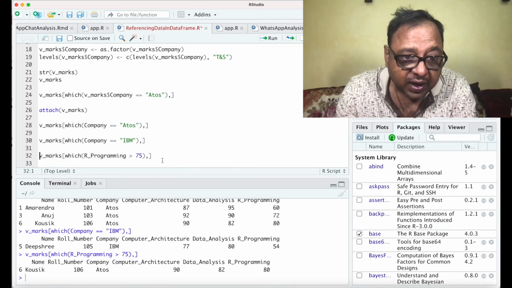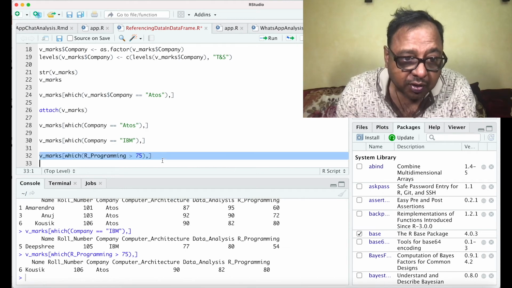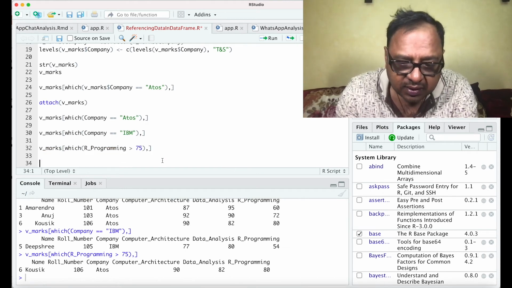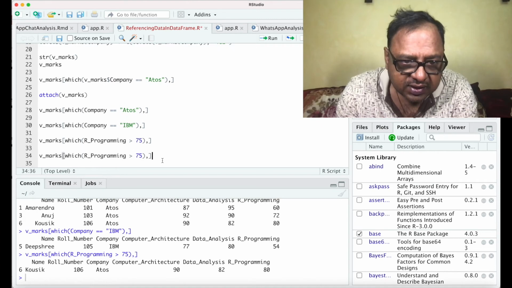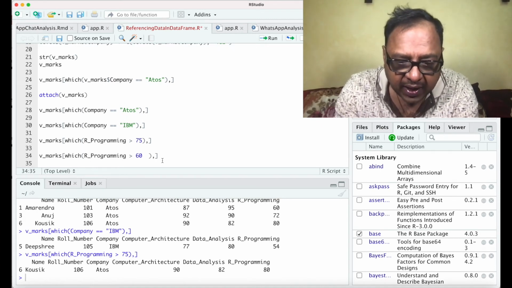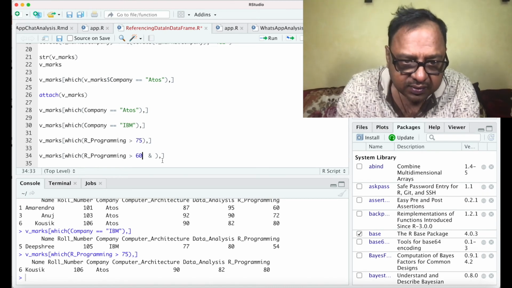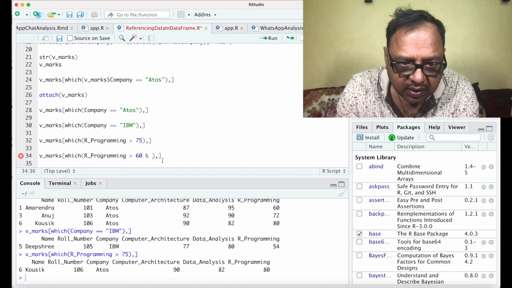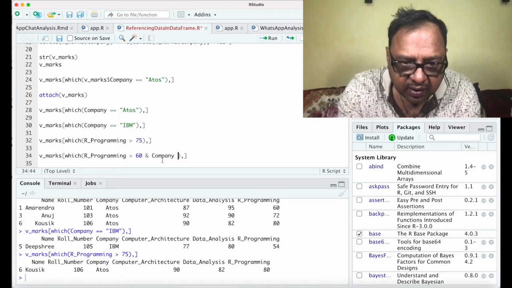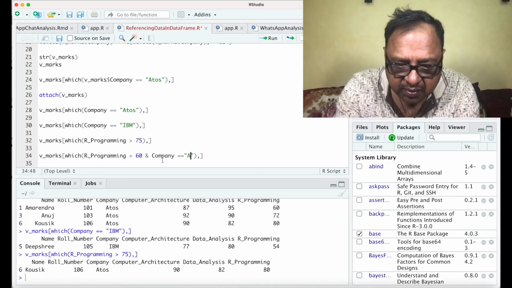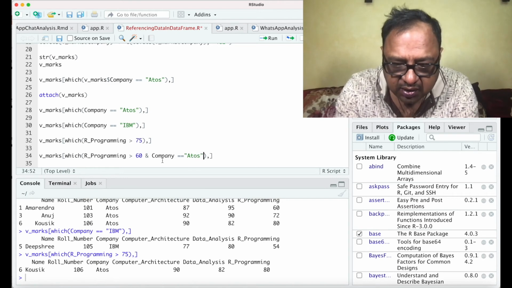I could give multiple conditions also. Supposing now I say marks in R programming is greater than 60 and company is equal to Atos.